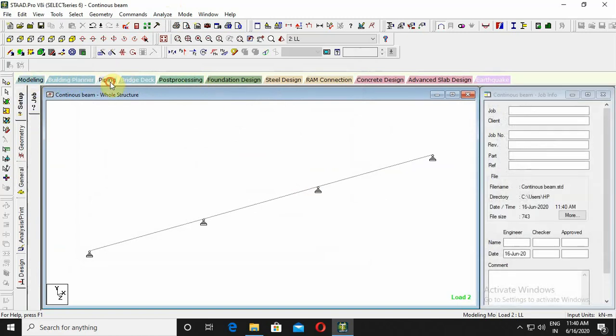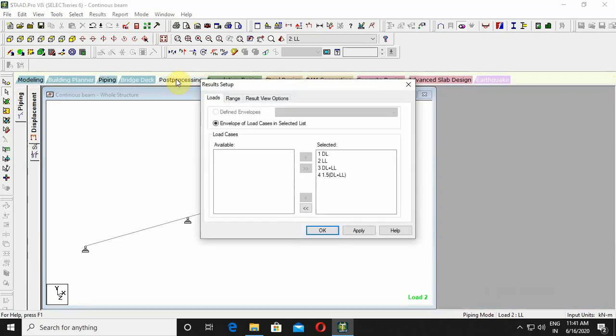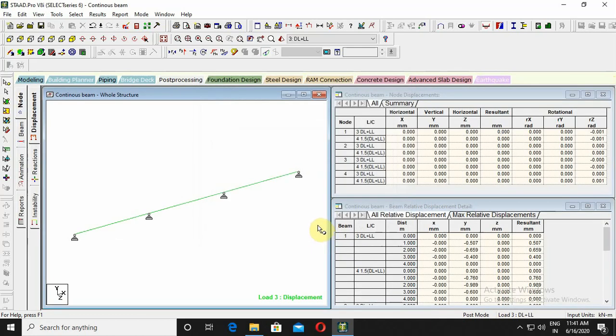Various tabs are there: modeling, building planner, piping, bridge deck, post processing, foundation, steel design, ram connection, concrete design, advanced slab design. In that you go to the post processing tab. Bring all this to this side, select only the load combinations which are applicable and click on the apply and then okay.